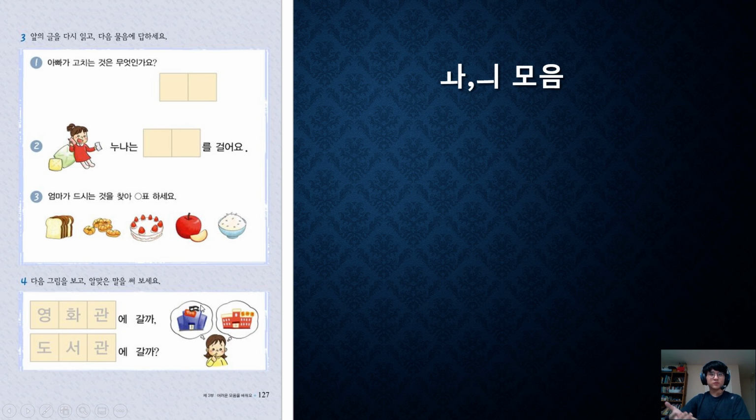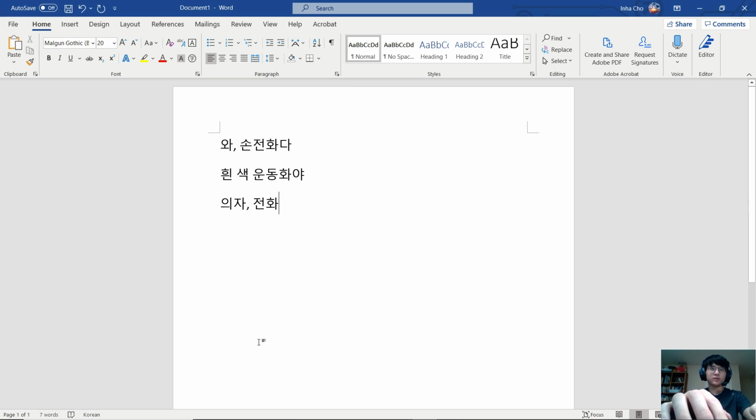Now this is, of course, Korean writing. So 영화관 means movie theater, if you didn't know. 도서관 means library. When we write this, then 받침 last,